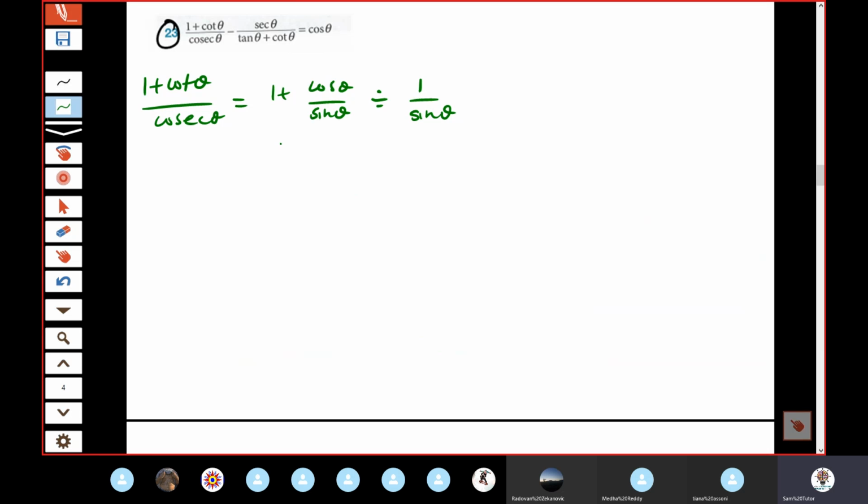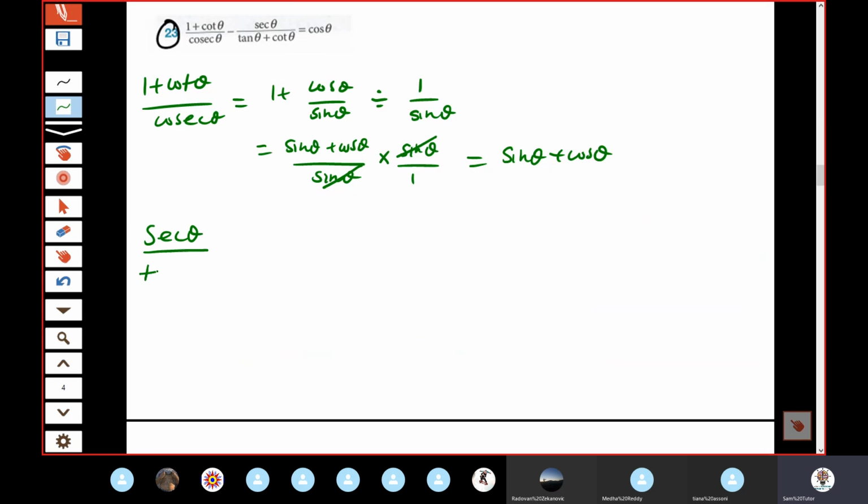Common denominator, you get sine theta plus cos theta on sine theta times sine on 1. And that's why I taught you guys to not use your fractions, because if there's fractions and fractions, then that simplifies to just a simple sine theta plus cos theta. Next one,